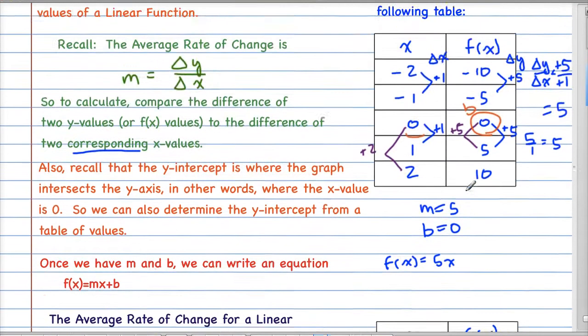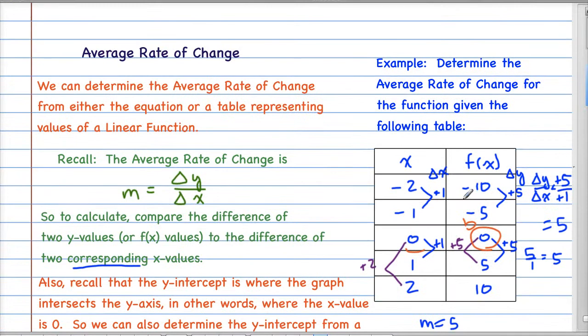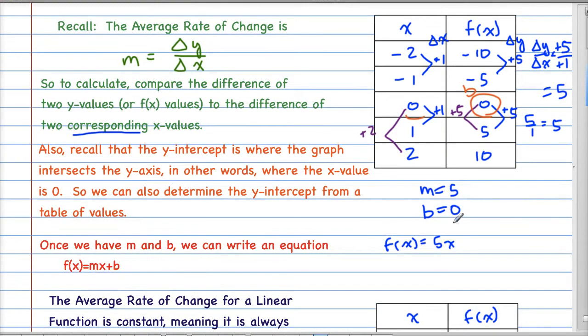Okay, so we're going to do some practice problems like this in class tomorrow, where we're going to have a table of function values, and we'll have to determine the average rate of change from that. And then we'll also have to determine what the y-intercept is, and then be able to write that equation as well. And then we'll also be given a linear function in its mx plus b form, and be able to graph that, identify the average rate of change, identify if it's increasing, decreasing, or constant, and be able to identify the